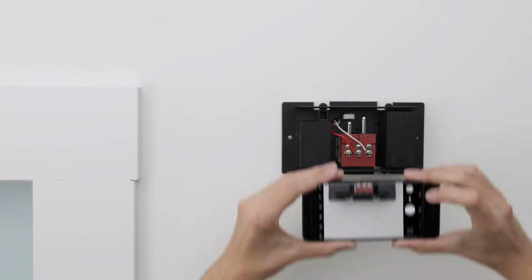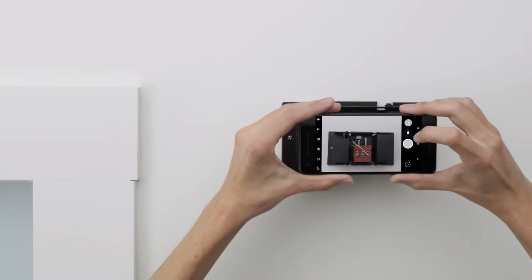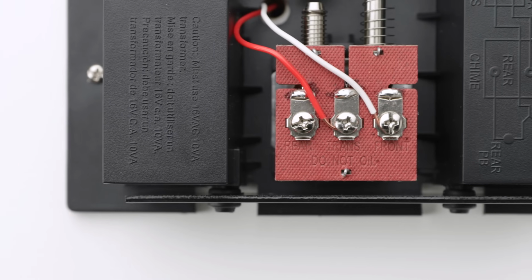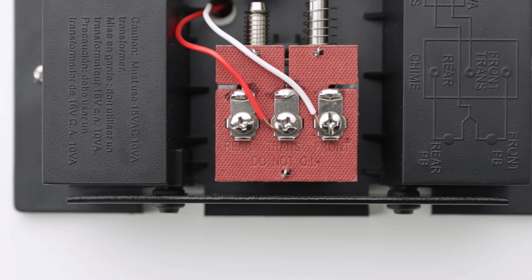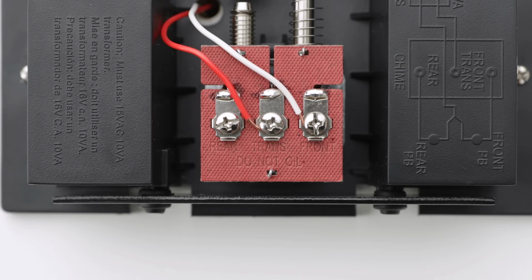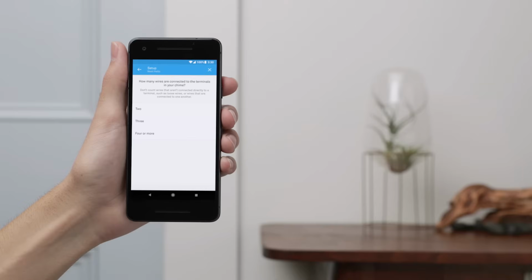Take a picture of the chime's wires with your phone. This will help with troubleshooting later. Next, you'll tell the app about the wires connected to your chime. Most doorbell chimes only have 2 wires, but yours may have more. The labels are usually on or next to the wire connectors, but they can also be on the inside of the chime cover. In the app, select the number of wires in your chime and then tap on what the